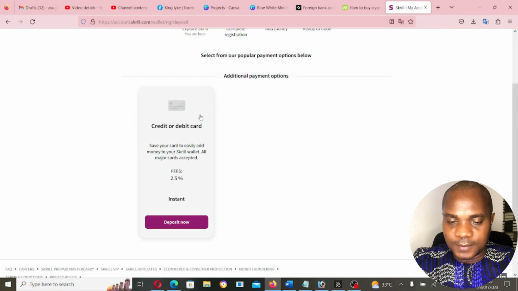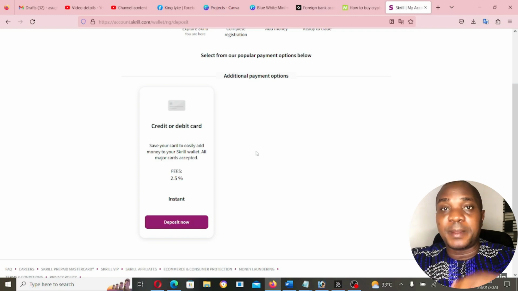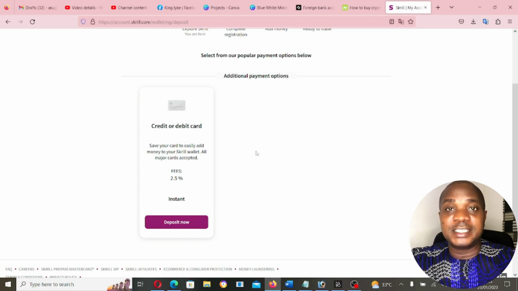Now it's saying you have to deposit money. Fee is 2.5%. So save your card to easily add money to your Skrill wallet. All major cards accepted. So at this point, since UBA Prepaid card of recent is not allowing people to withdraw